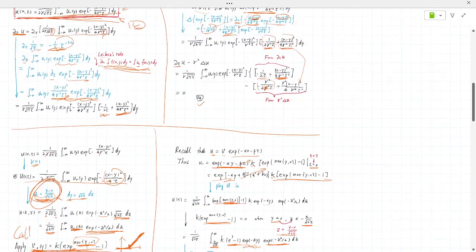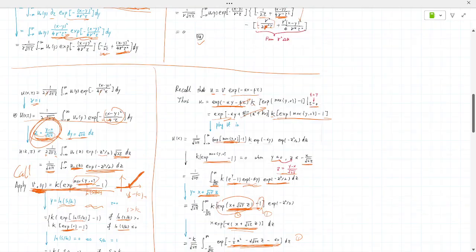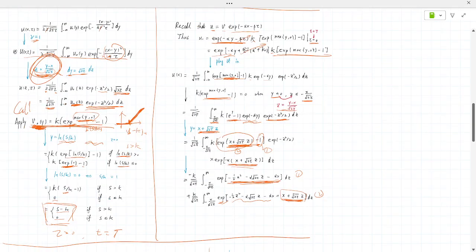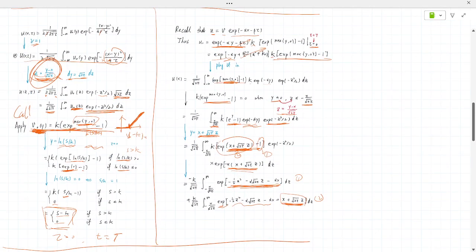Diffusion equation is a Gaussian and then you can add this boundary condition, and then we apply the boundary condition we are having, which is this. It's a call option,